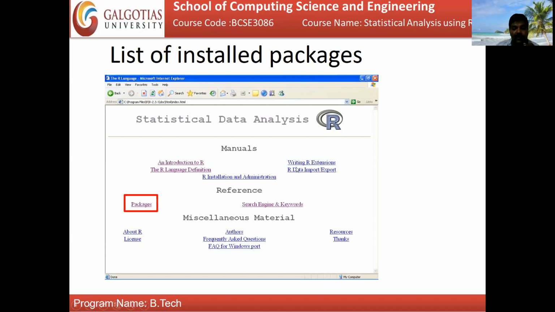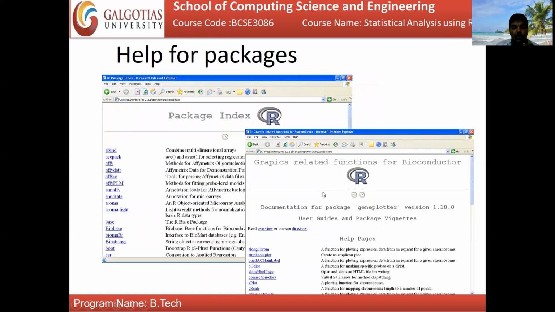Next, search engine wise, like keywords. All the package details are here; there are n number of packages. In these packages you have to select the sub packages. Documentation wise, the sub packages, see here, the GenePlotter package and sub packages are mentioned here.